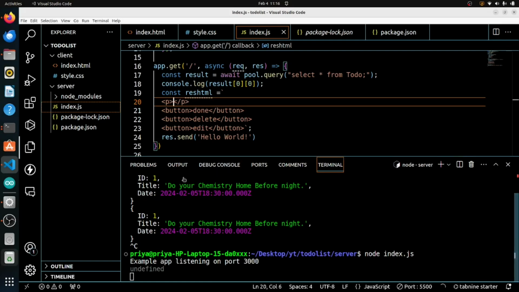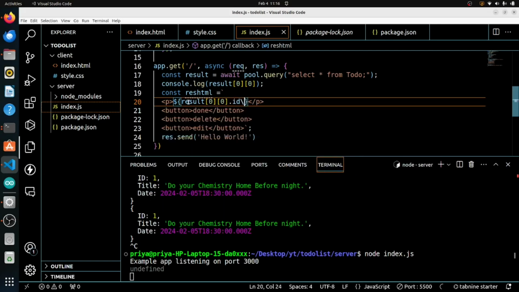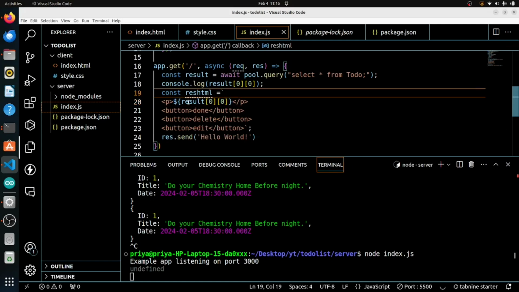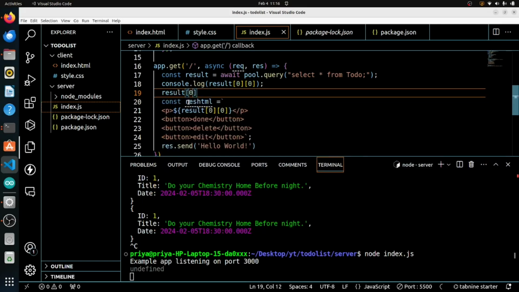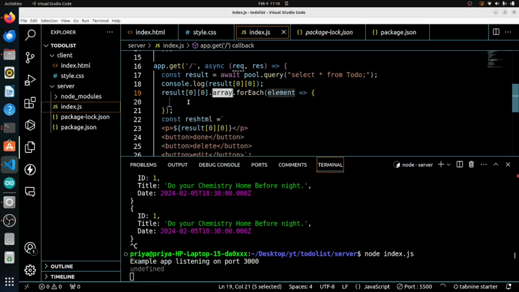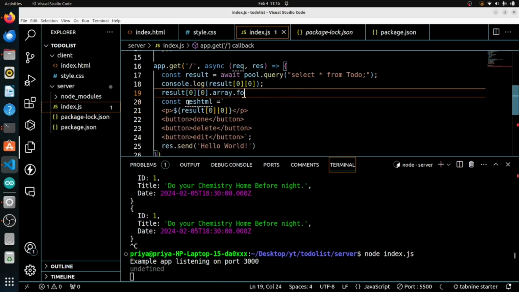Okay, let's just change it with the result.0.0, and we need something to iterate for it. And that thing is that. Okay, we can say result.0.0 for each. Okay, let's just remove this thing,